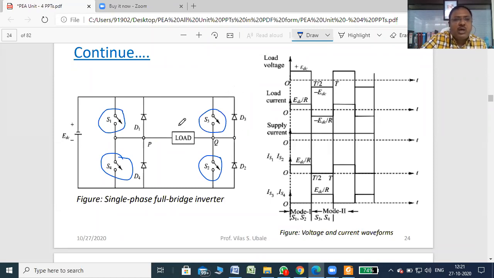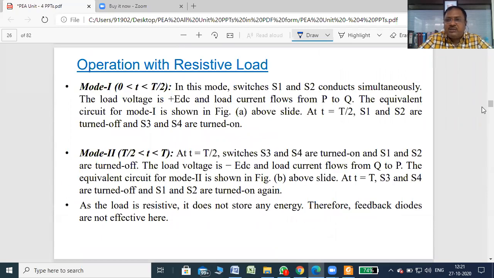But in this circuit, you can have variable frequency, but not a variable voltage. You can have variable frequency, but you cannot change the voltage in this particular scheme. But in the last scheme, the circuit diagram is the same. The difference is only